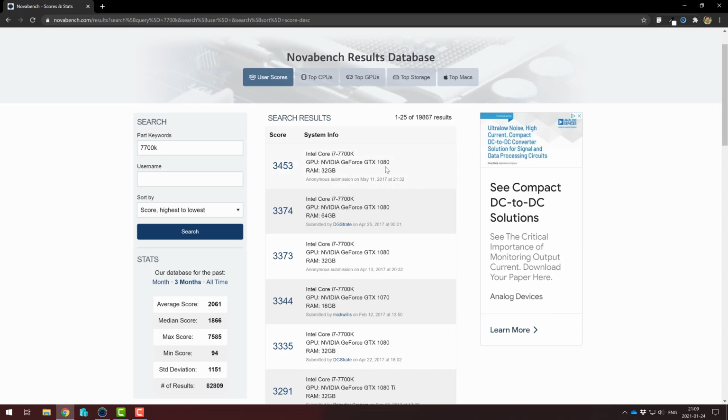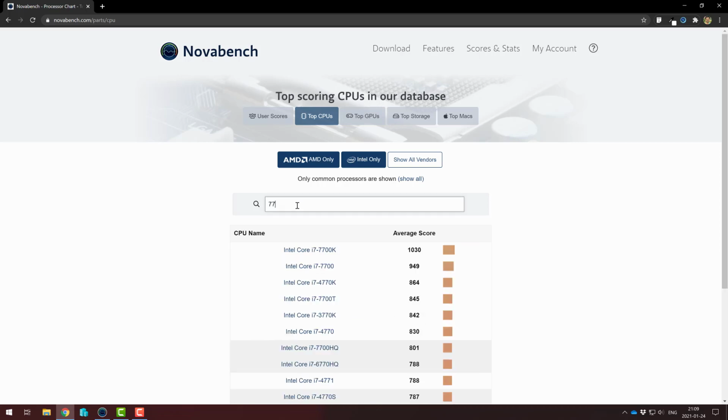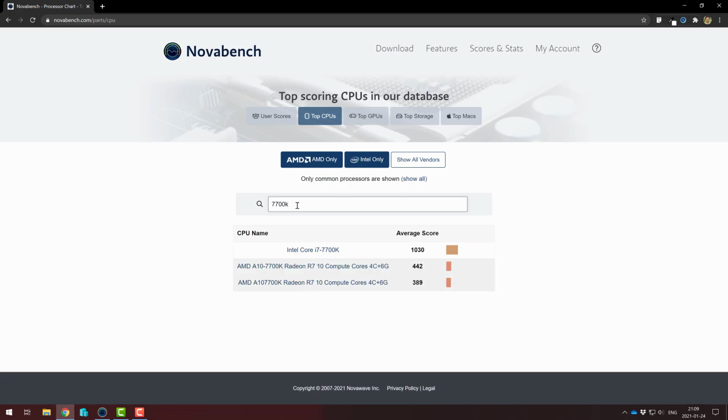The GPU there is a 1080, but what I have is a 1070, and some users have 64 GB RAM and I have 32 GB. So I always go by the processor score. If the processor score is above the average recorded here, then I am pretty much happy. So that's it. We have completed the NovaBench benchmarking as well.